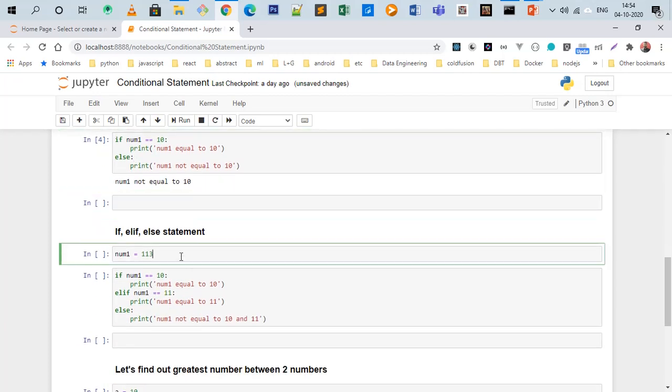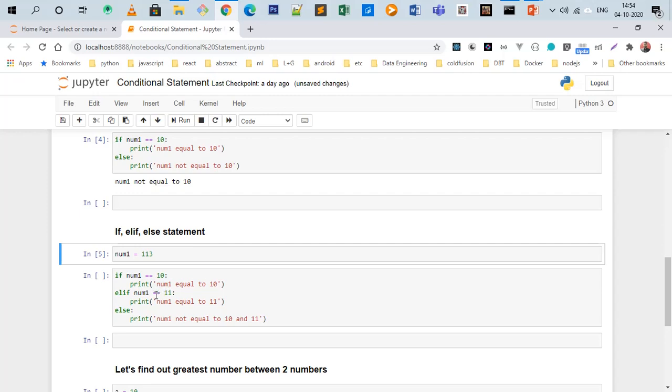Now we will see the example of if, else if, and else. Sometimes you have a condition where you want to check whether number 1 equals 10 or number 1 equals 11, and so on. So we are taking number 1 as 113 and we are checking whether number 1 equals 10 or not. If number 1 equals 10, then we will print number 1 equals 10.